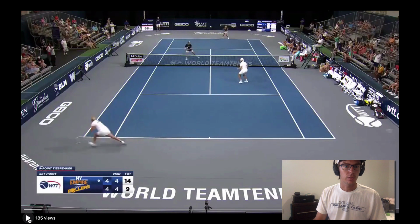But you can see where this return lands, and you can see Clijsters is on her heels, on the run, barely able to get to this. You can see the Bryan brother up at the front starting to close towards the net, which is obviously what you want to do when you see the opponent in a defensive position like this. Anything she hits here should float slowly. Even if she is able to get it cross court, she's not going to be able to get a lot of pace on it, so he should have plenty of time to both cover the line and get back over to get anything. But she just hits an unbelievable lob here